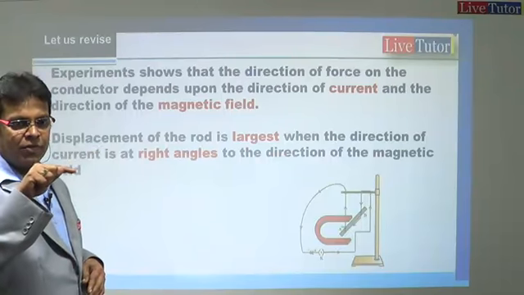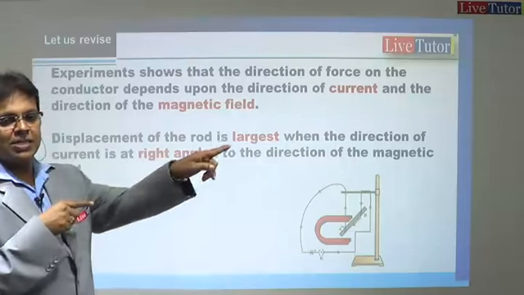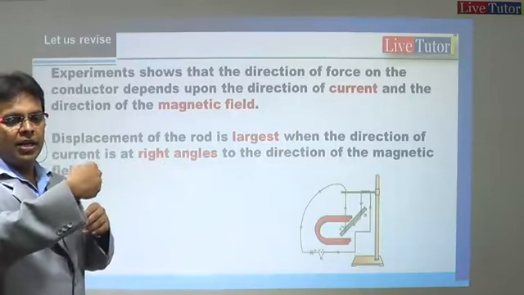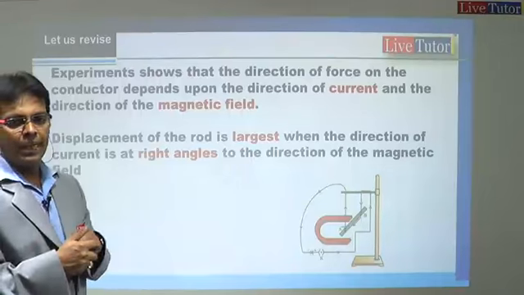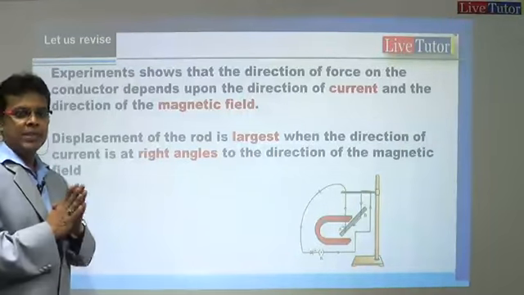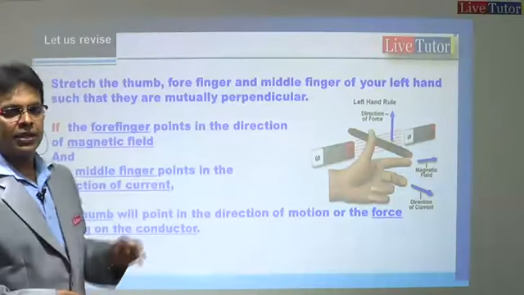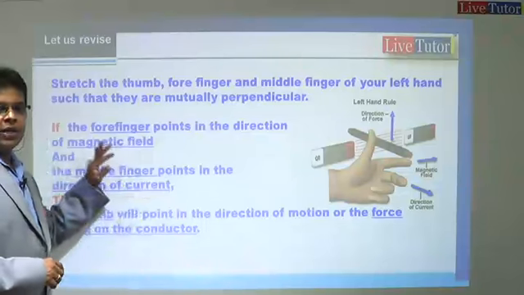Now, when the current is flowing at right angles, what happens? The deflection is maximum. When it is at 90 degrees, it is turning again at 90 degrees. So you can compare that with this one. So we understand that the displacement will be largest when the current is flowing at right angles to that. And I hope that you remember this